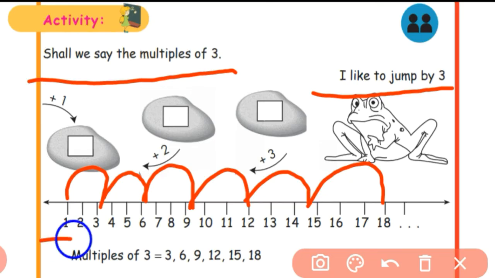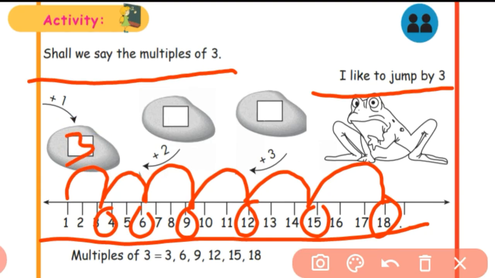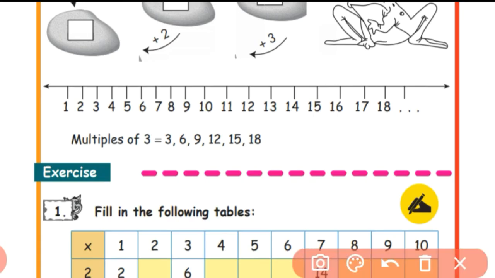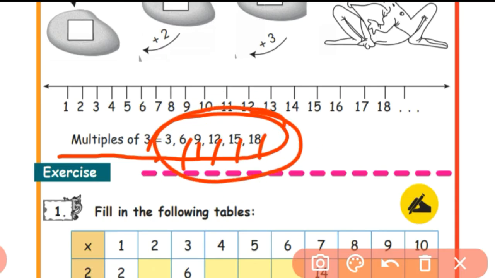See this number line? This is a skip by threes. Here first jump 3, second jump is 6 and third jump is 9. There is into mark only, there is no plus mark. Okay, here there is a into mark. See, these are the multiples of 3. 3, 6, 9, 12, 15, 18. These are the multiples of 3.